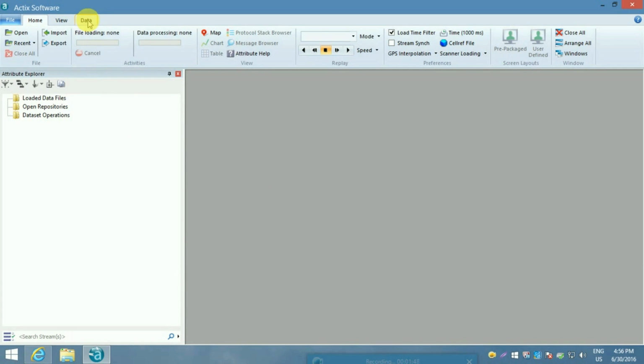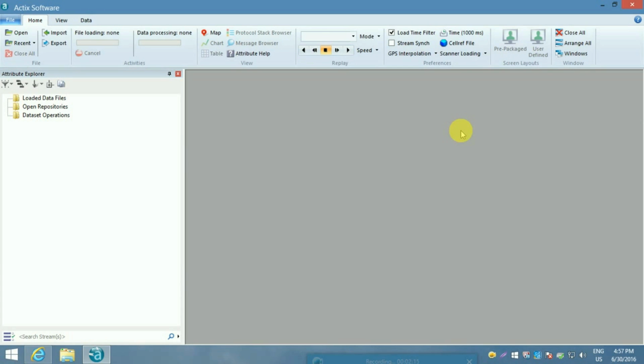The very next thing we need to do is, if one is using the software for the first time, he needs to make a few changes to the settings. The first thing we need to do is look at the cell reference file. A cell reference file forms the basis for the software working.